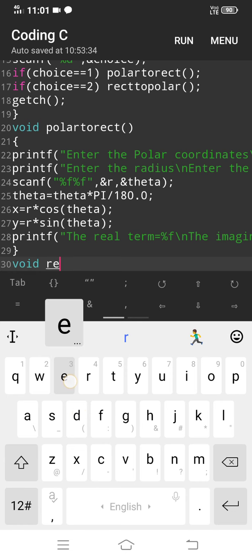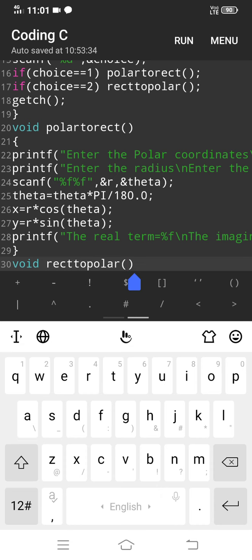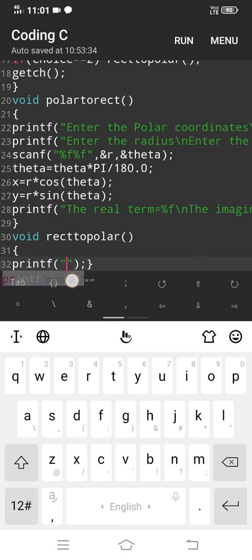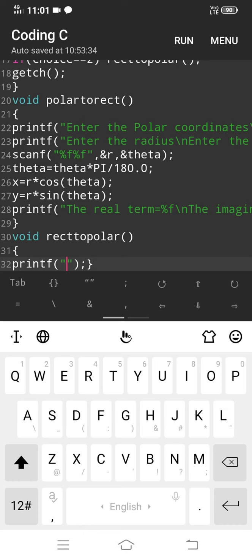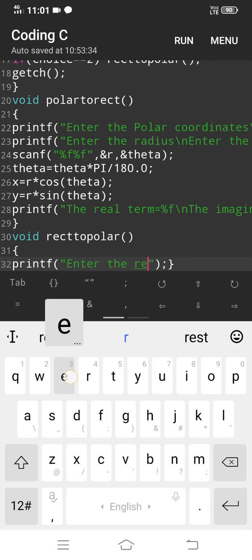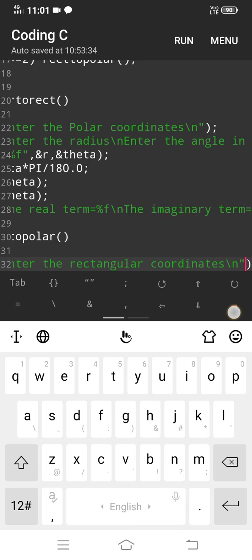Next is the subfunction for rectangular to polar conversion, where the user selected option 2, choice 2. printf, entering the details, printing the details in the output so the user can understand easily: enter the rectangular coordinates, backslash n goes to a new line of the cursor.